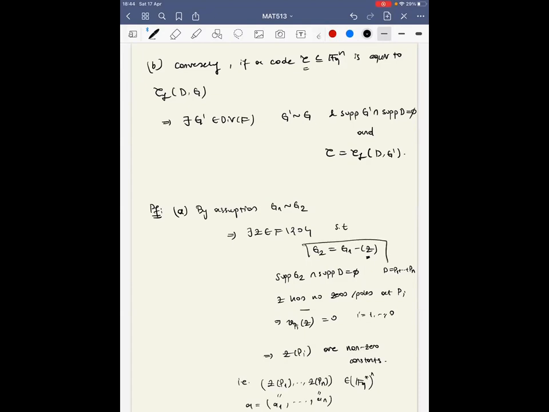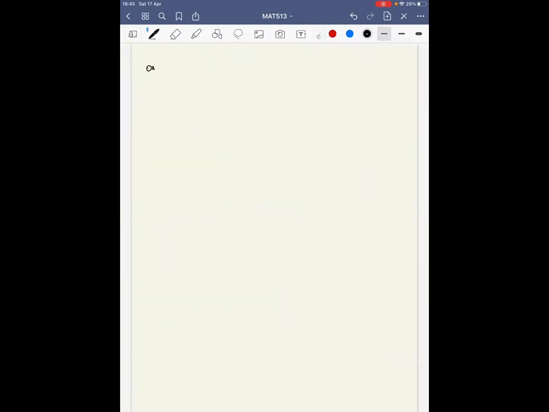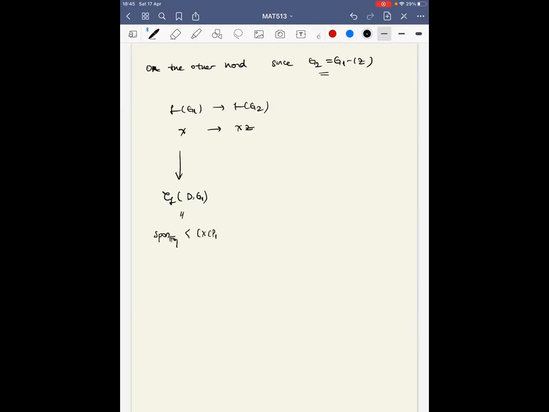And on the other hand, by the assumption, because of this equivalence, we can consider a vector space isomorphism between these two equivalent divisors by multiplying the functions in L(G1) by Z. So that means the algebraic geometric code, which is defined by G1, will be spanned by these vectors over F_q,